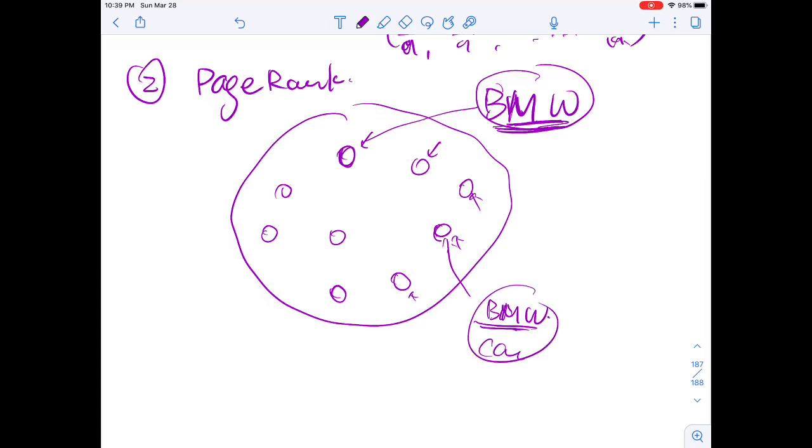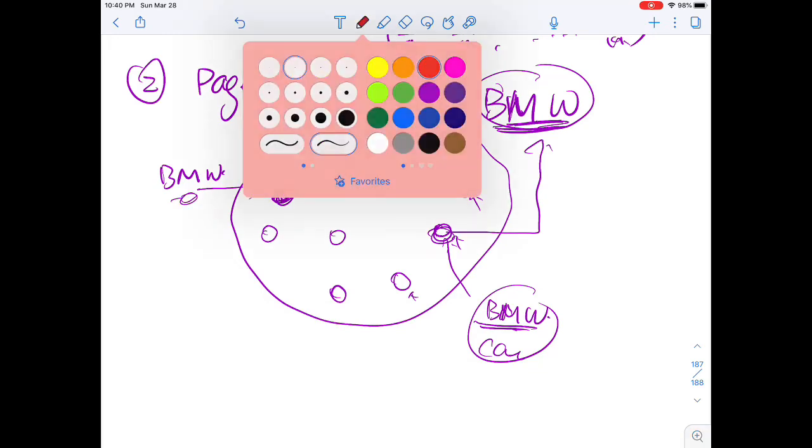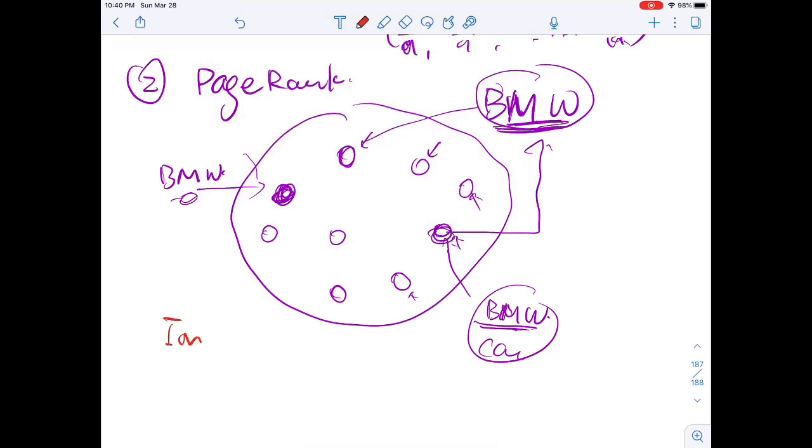So then there's a good chance this website is relevant to the search here, right? And maybe another website says a little bit of BMW as well, and maybe it doesn't say car, it says other things. Then just look at the content. The algorithm probably just believes that, because it doesn't mention car, maybe it's less relevant, right? Google has come up with this idea that the importance